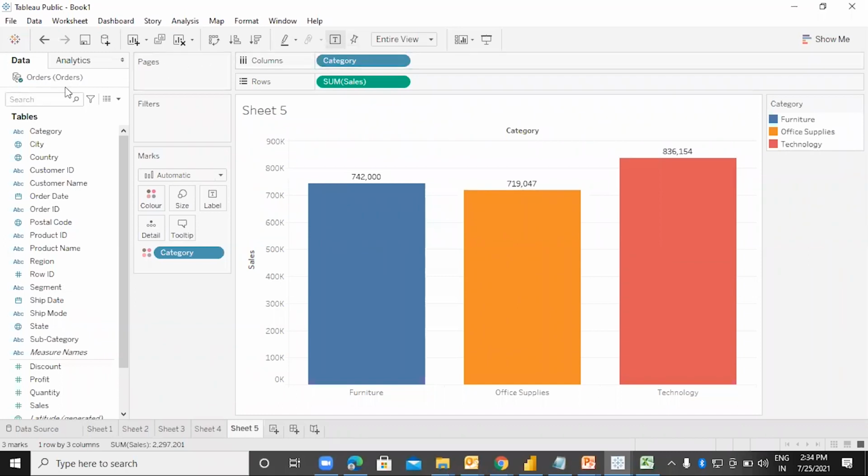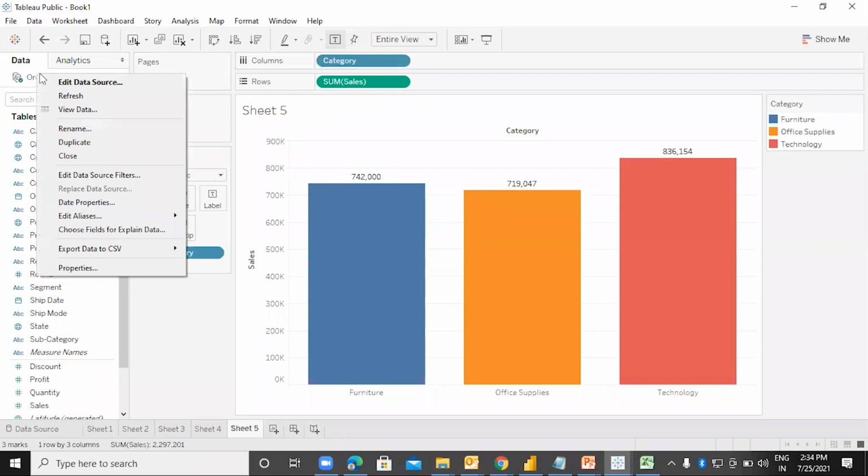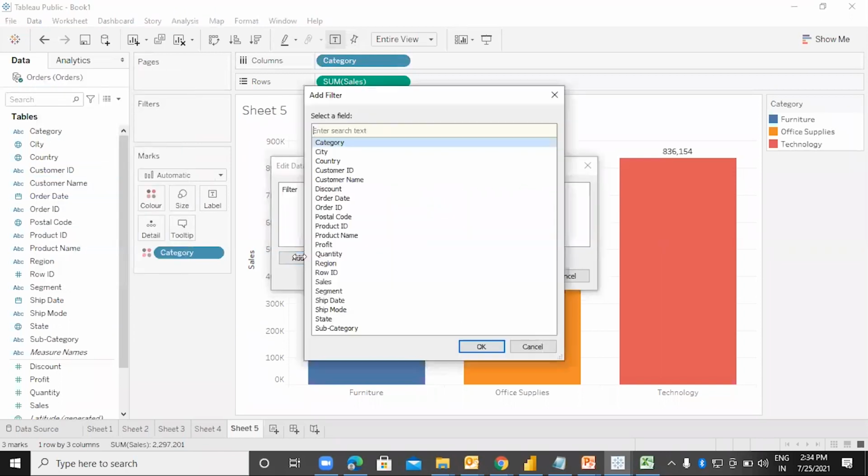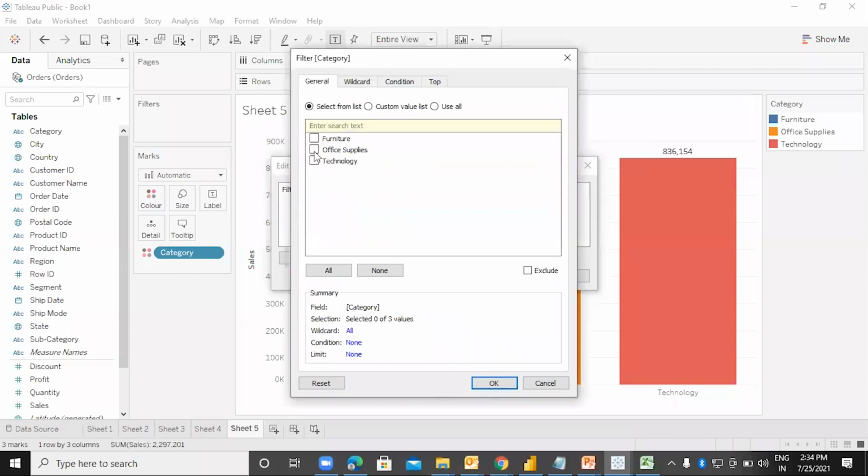For this, I will right click over here on the data source and you will say edit data source filter. Click on add, say category. Okay, I want office supplies and technology.